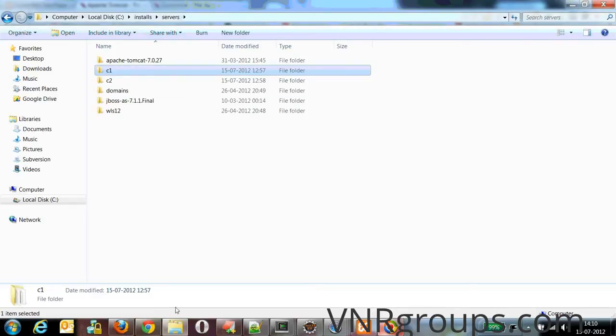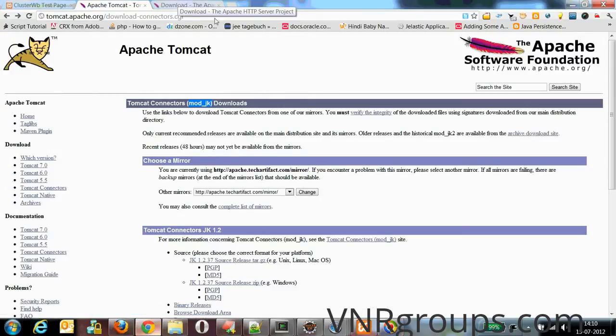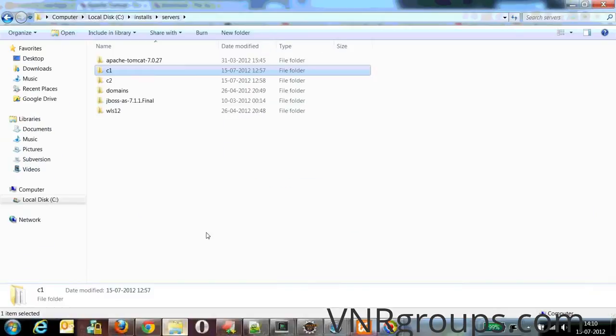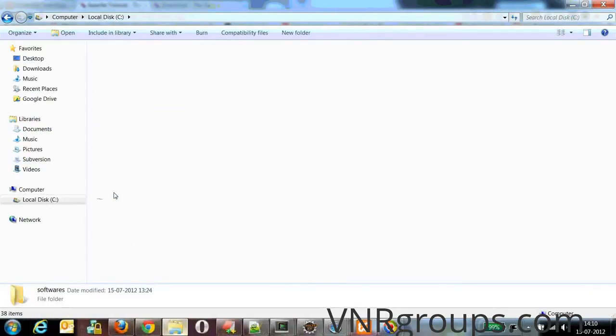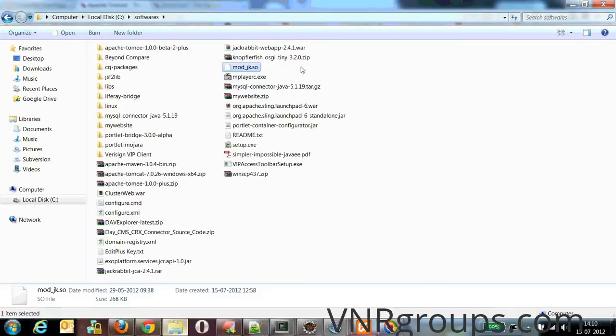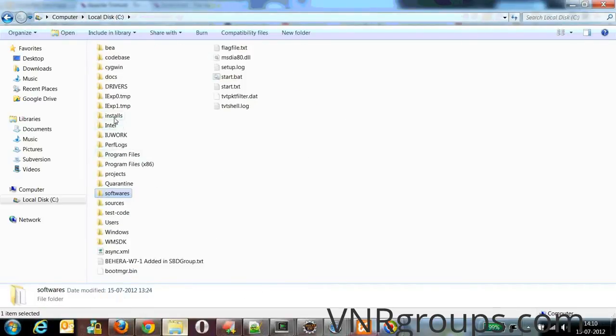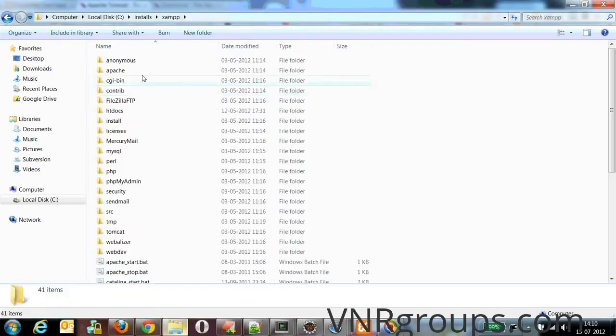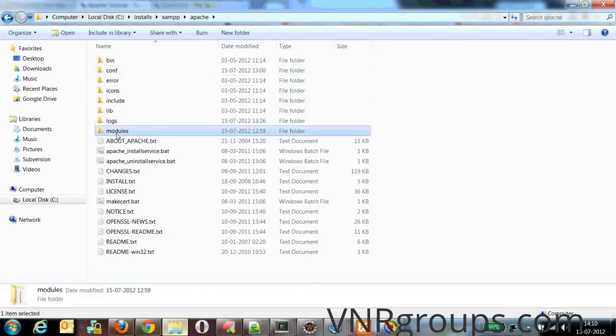First of all, to do that, we have to download the mod JK connector. It's an SO file. If you download it and extract, you will get an SO file like this. You have to place this SO file under the modules directory of Apache's installation folder. In the XAMPP tool, Apache has this modules directory.